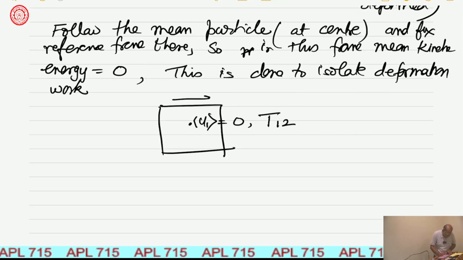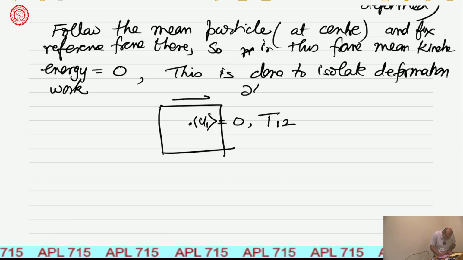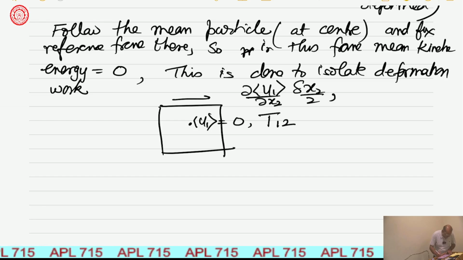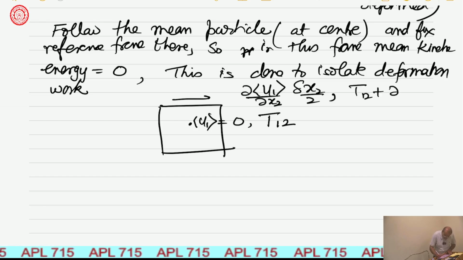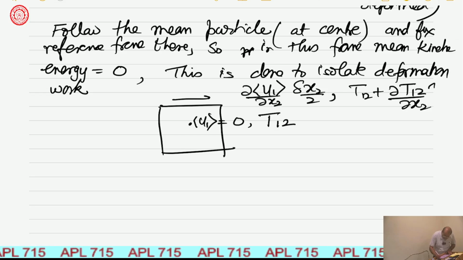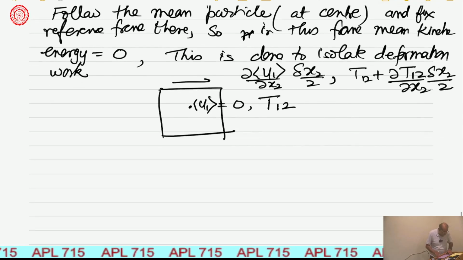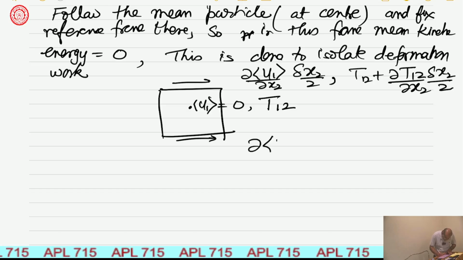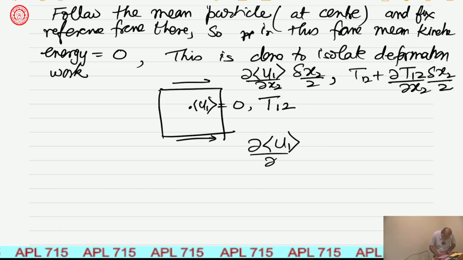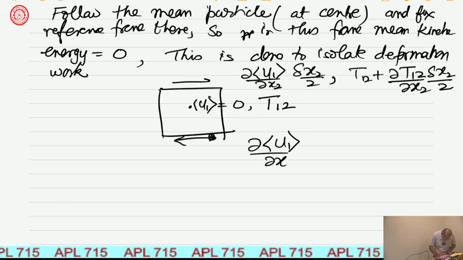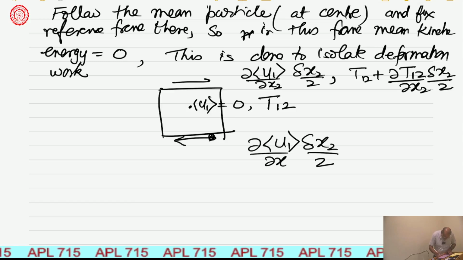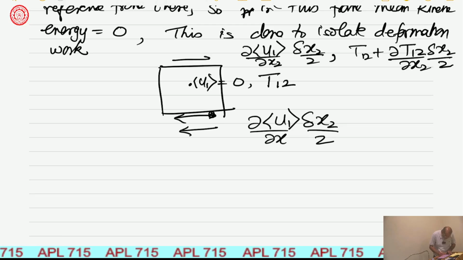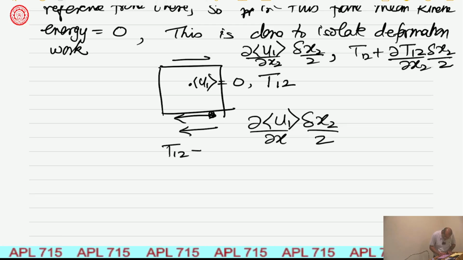On the top, the velocity will be equal to du1 by dx2 times delta x2 by 2, and the shear stress is equal to T12 plus partial T12 by partial x2 delta x2 by 2. And here the mean velocity is partial u1 by partial x2 times delta x2 by 2, because there is a minus sign here, so I write it like this, and this will be equal to T12 plus